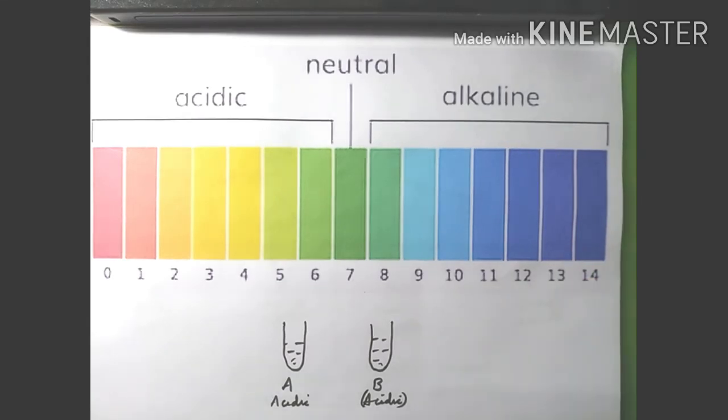Now I am telling you the correct definition of universal indicator. So listen carefully. Universal indicator is a mixture of many different indicators or dyes. Dyes means colors, which give different colors at different pH values of the entire pH scale. It means universal indicator paper is the one that gives us different colors on the basis of the entire pH scale, or you can say on the basis of the strength of the acidic and basic solutions.